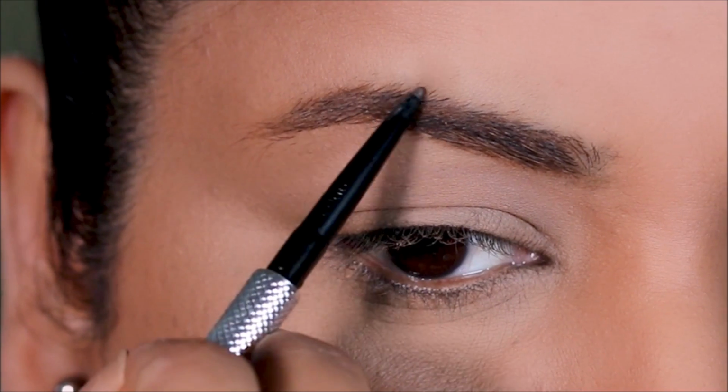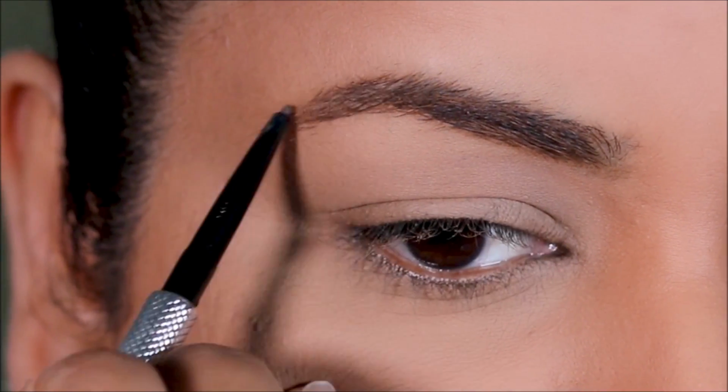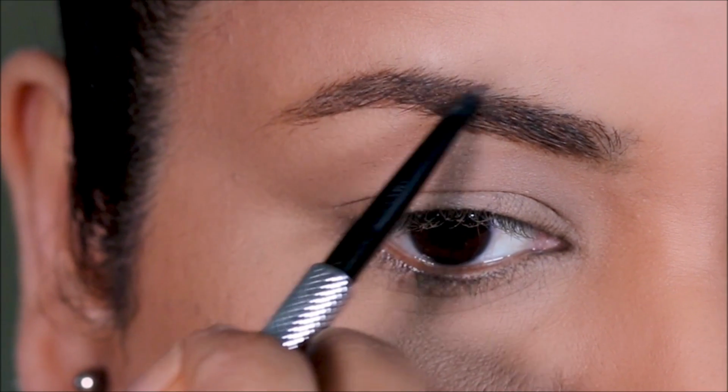I'm starting with my brows using the Precisely My Brows from Benefit, just filling in the sparse areas. I'm just going to pull out hair-like strokes so it looks as natural as possible. In the darkness,